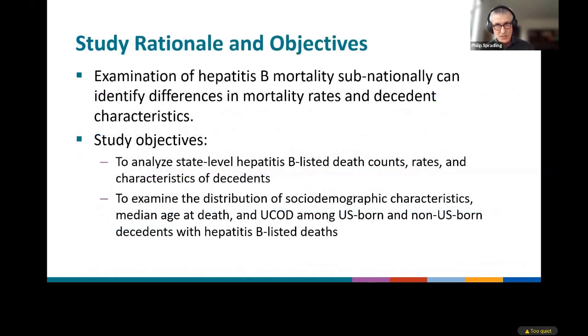As a result of that, we posited that examining hepatitis B mortality from a subnational perspective could help us identify differences of importance in terms of mortality rates and decedent characteristics in the US. So our objectives were to analyze state-level hepatitis B listed death counts, rates, and characteristics of decedents, and to examine the distribution of sociodemographic characteristics, median age at death, and underlying cause of death among US born and non-US born decedents with hepatitis B listed deaths. And Kathleen will discuss the